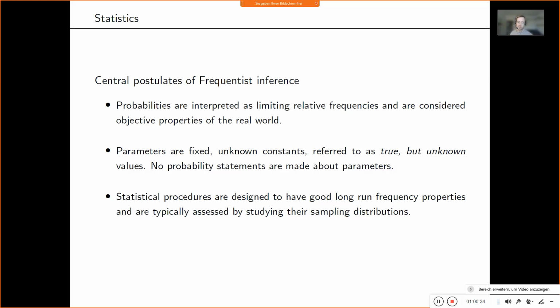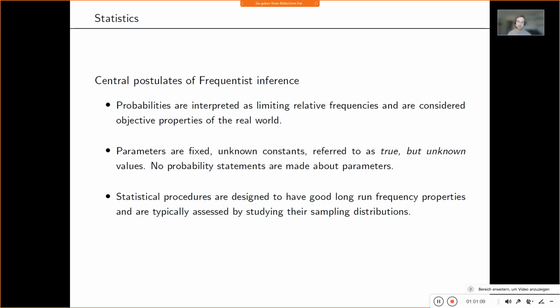If you deal with these parameters and try to estimate the true but unknown values, you usually estimate them in a pointwise manner, for which you might give some frequentist, data-related probability boundaries, but you don't make a probabilistic statement about a parameter value per se. So you don't say the probability that a parameter is larger than, I don't know, 0.5 is 0.7 or something like that, because that's what you do in Bayesian inference. You don't do that in frequentist inference.